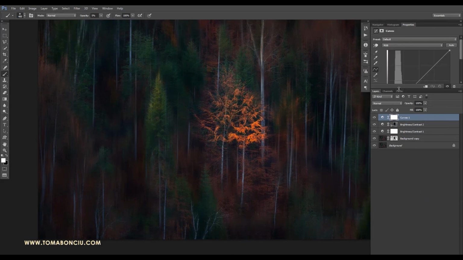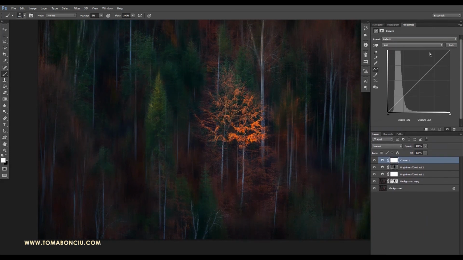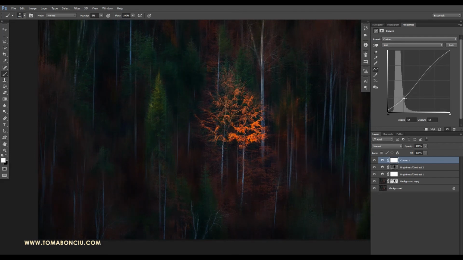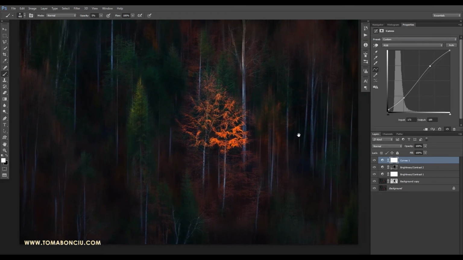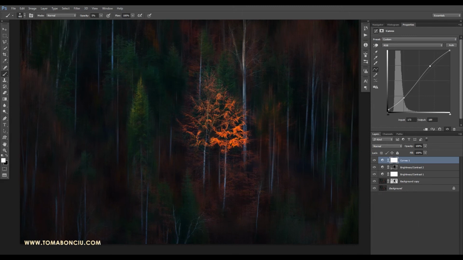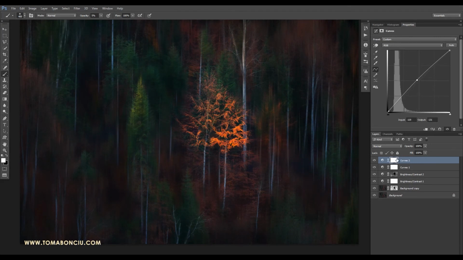Okay, let's increase the brightness a little bit and decrease the darkness in order to create contrast, and I'm going to raise this black point just a little bit. Okay, and another curves, I'm going to do like this, and then